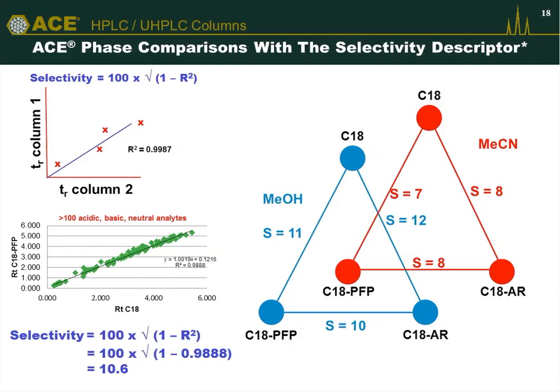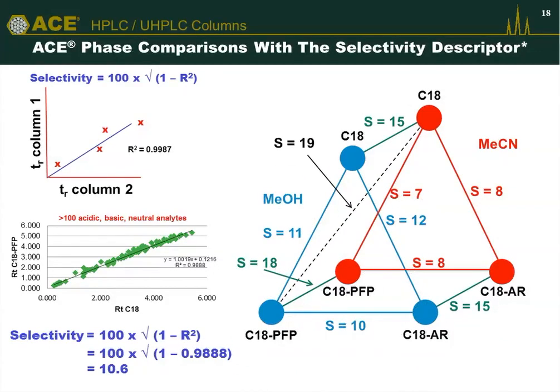Now, the power of this approach is that you can look between 2 different solvent systems. So now we can plot the retention times on a C18 in methanol versus the retention times on a C18 in acetonitrile, and we get a higher S value, and now an F value of 50. And we can slowly plot the data between the 2 solvent systems, and we can come up with different S values. And you can see those S values are growing all the time to an S value there of 19,